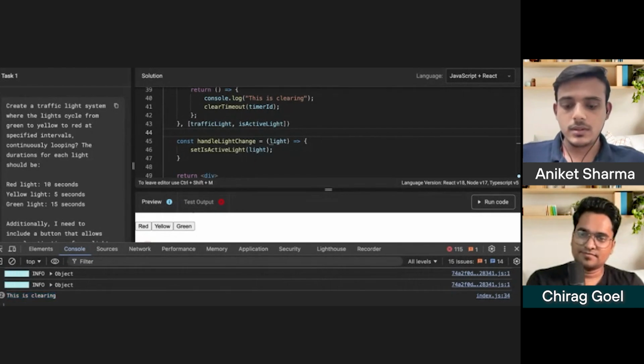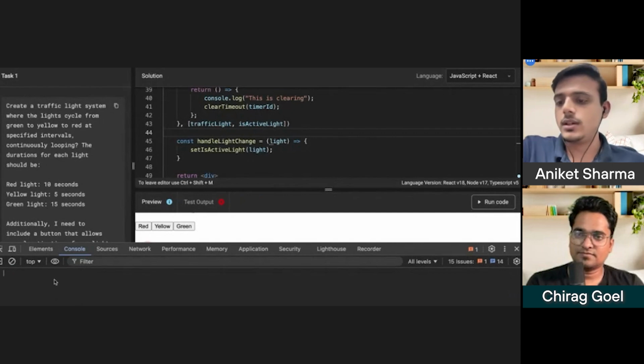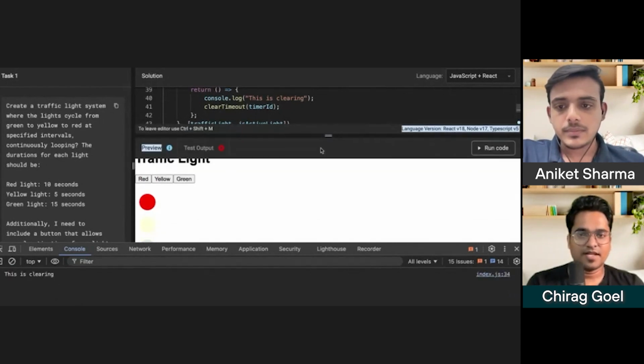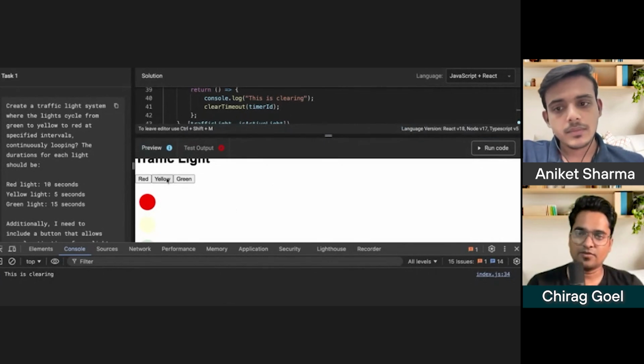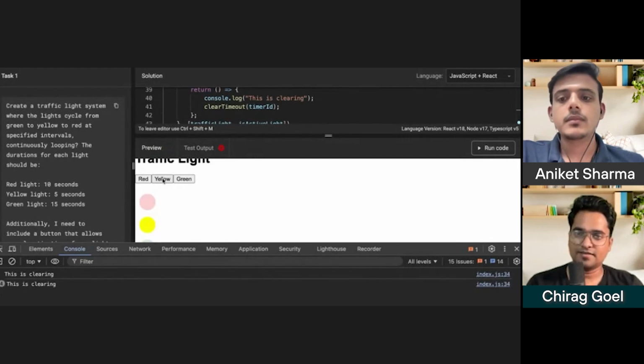Command L, not working, no worries. So now let it go. Let it trigger cleaning. Hit yellow by your own. Hit green fast. Hit green, red. Hit green, yellow. Red, green, yellow. It is triggering your clear.